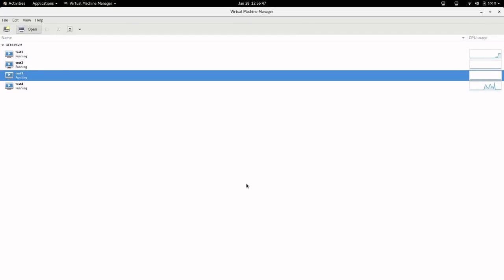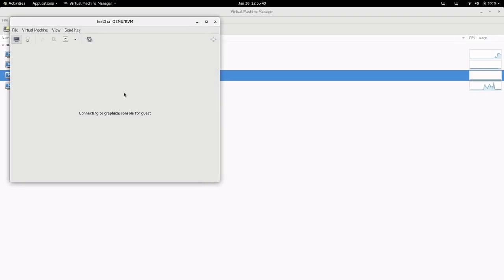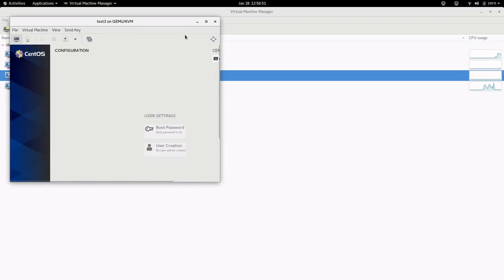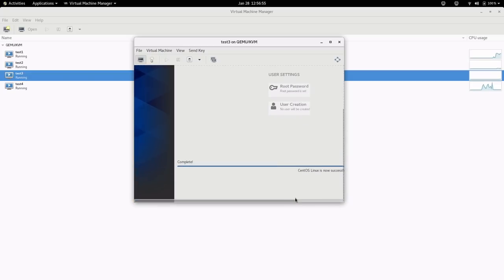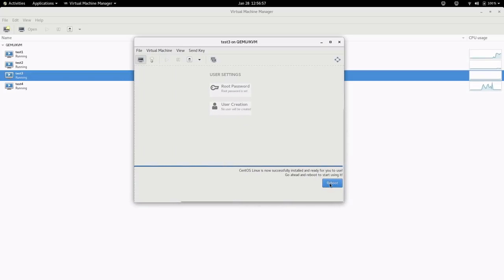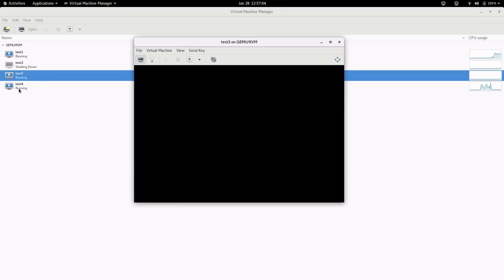Let's open the third machine. It's going on. Yeah, this is also complete. Third machine is also complete. So all machines are ready.